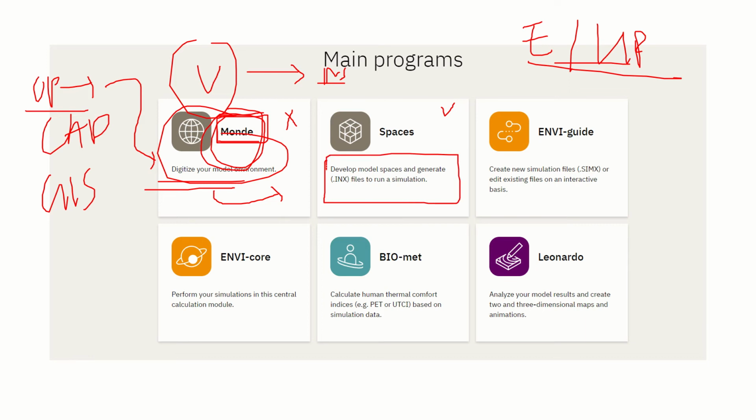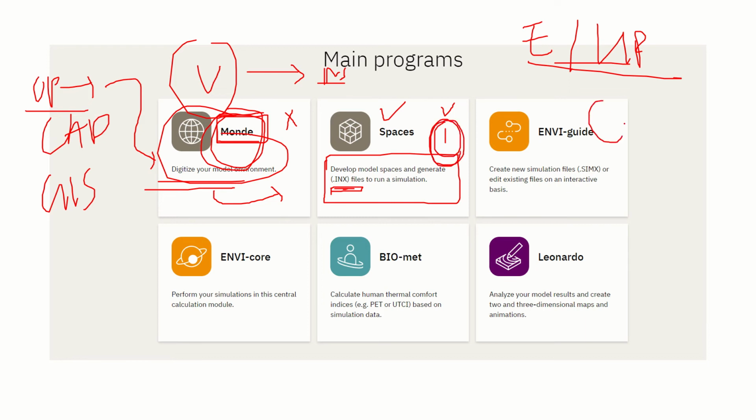Okay, where we use this platform to model the buildings and the surroundings. Normally the output file is an INX file, which is nothing but the 2-dimensional grid models that we try to develop in this particular tool. This is the first tool. It's a building modeling or urban modeling tool.